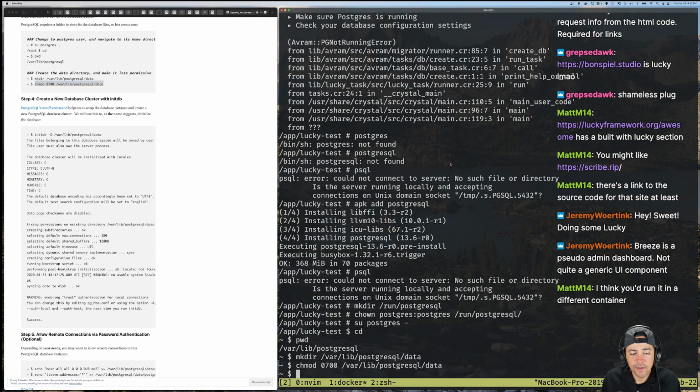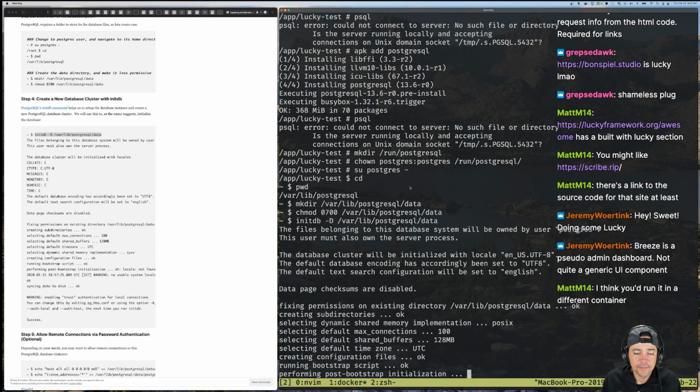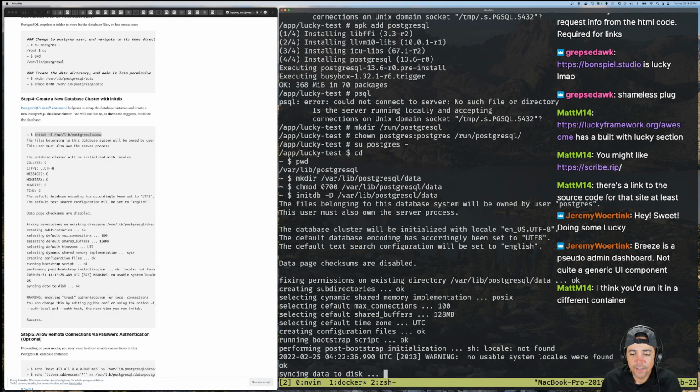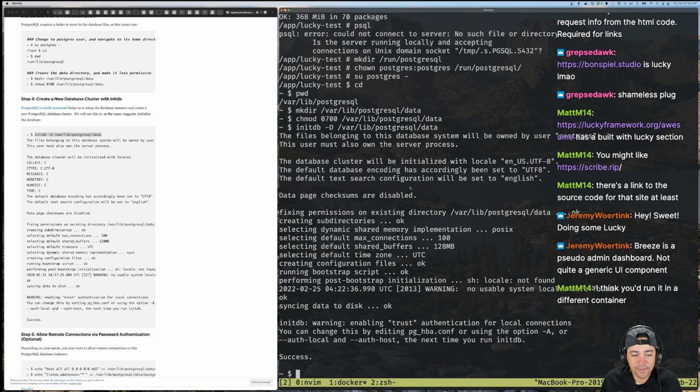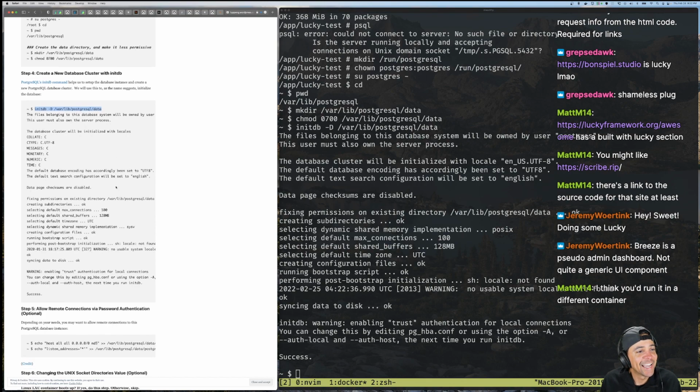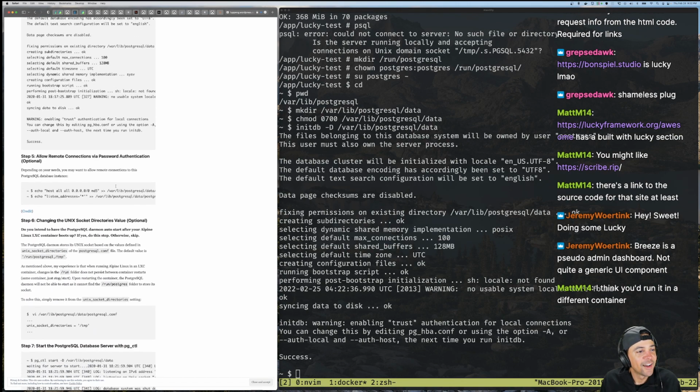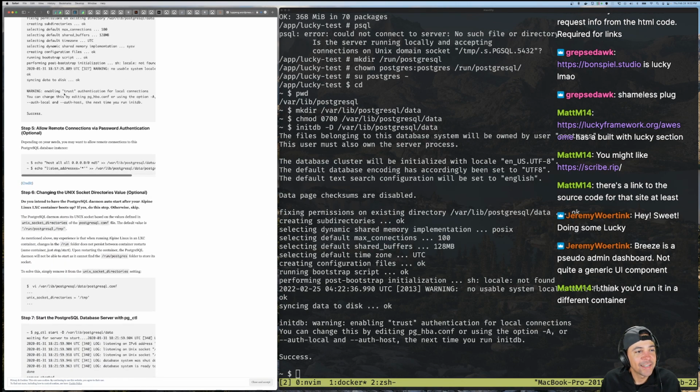Okay, so now it's gonna work, right? A new database cluster? No usable, that's fine, I don't care. Success, that's what I wanted to see. Yes, perfect. Okay. Oh wait, enabling trust authentication. Oh, it did it. Okay, for local, perfect. Allow remote connections. Oh, we don't need that.